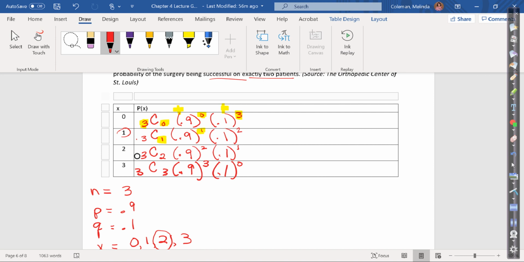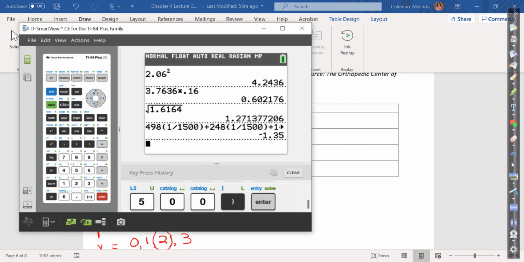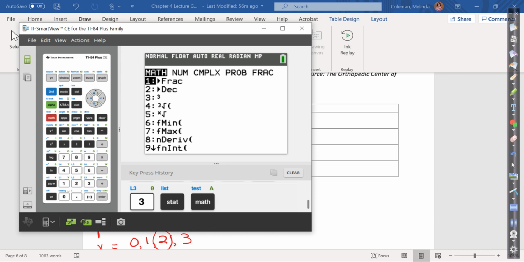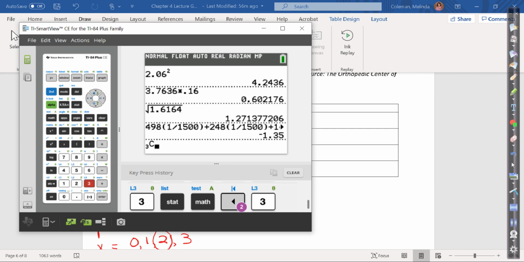So let's use our calculator and make sure that we know how to do this correctly on the calculator. Remember to type in 3C0 and put the 3 in first. So we're going to do 3. The C key is under the stats key. No, it's not. It's under the math key. Probability. Number 3. So 3C taken 0 at a time, times,